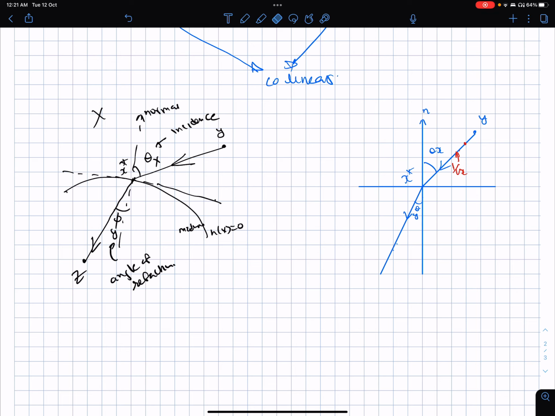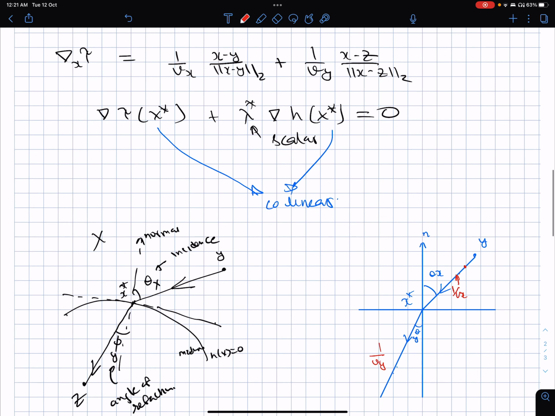Somewhere here is going to be my 1 by Vy. So now what I am going to do is a vector addition of this to this,